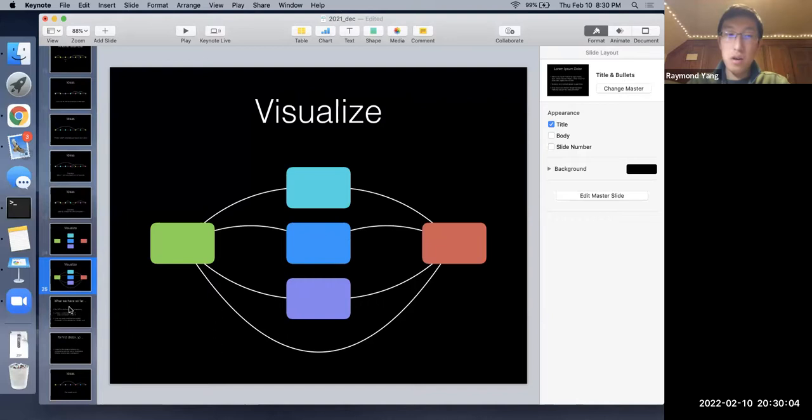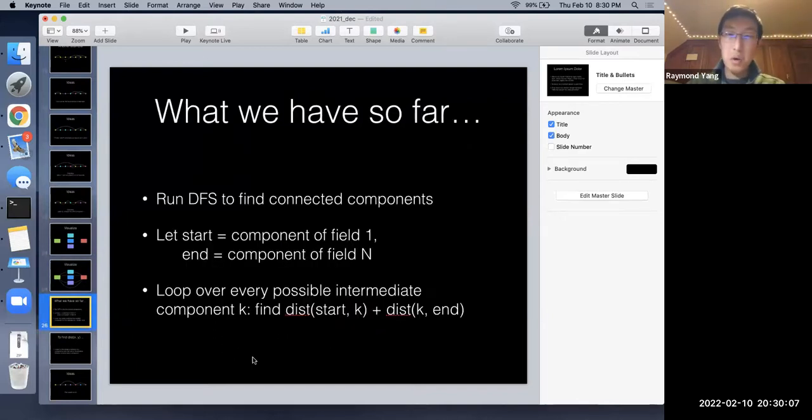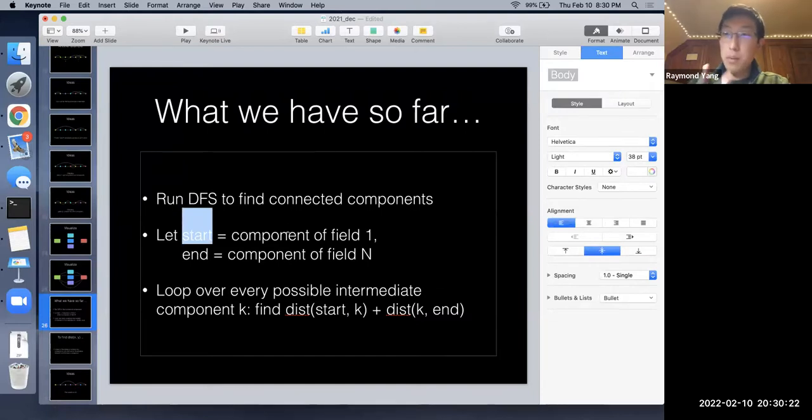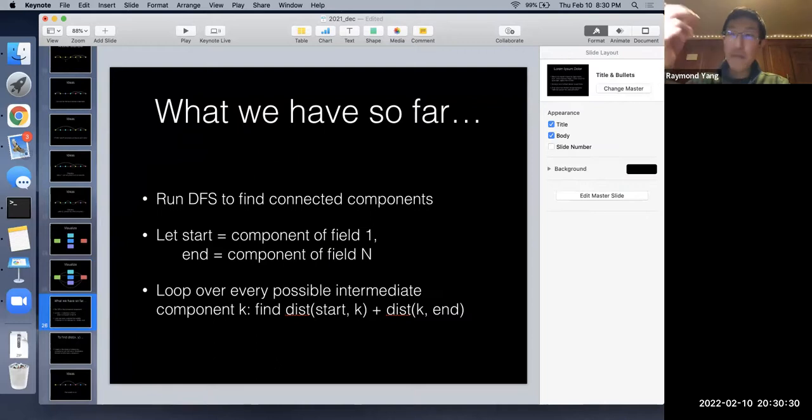Okay, so those are all of our options. So what we have so far is that we can first run DFS to find these connected components. And here we're using start to denote the component number of the first field. So this is the green component, and this is the red component. Then we can loop over every possible intermediate component and find the cost of connecting the green to that intermediate component, plus the cost of routing from that component